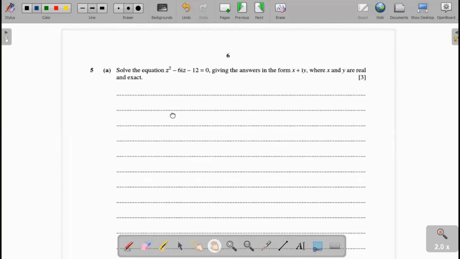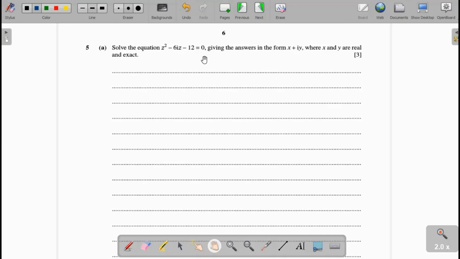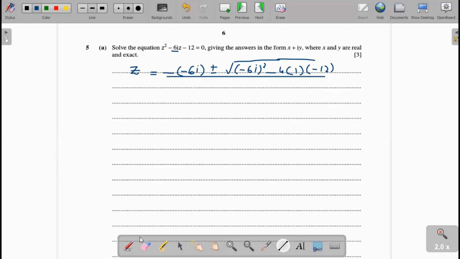In question 5, part A, solve the equation z square minus 6iz minus 12 equal to 0. The answer in the form x plus iy, where x and y are real numbers. You see here, this is the quadratic equation. You can find the roots of z by quadratic formula. Therefore, z will be equal to minus b, here b is minus 6i, plus minus square root of b square minus 4ac, b is minus 6i whole square minus 4 times a is 1, c is minus 12, over 2a, or you can write it 2 into 1, and therefore that value becomes 6i